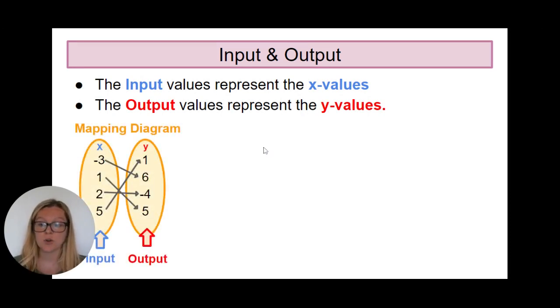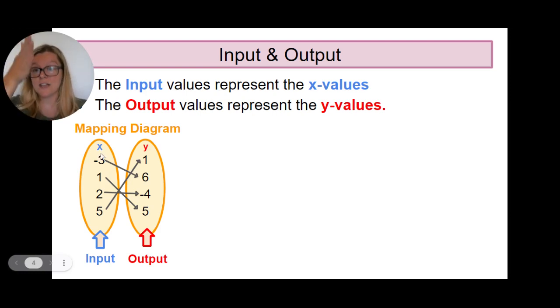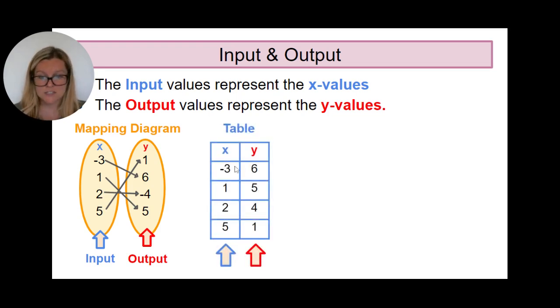Now there are four different ways we're going to show a relation, and the first is this mapping diagram. So notice there's two ovals and they each have the x's on the left and then the y's on the right. So each x value represents the input. So if you input -3 into this relation or function, you would get out a 6. If you put in a 1, you would get out a 5. Similar to if you typed in A2, maybe the -4 means you're getting Doritos. So that is your mapping diagram. The table, very similar, except we're just putting it in boxes instead of circles. So -3 would get an output of 6, 1 would get an output of 5, so on and so forth.